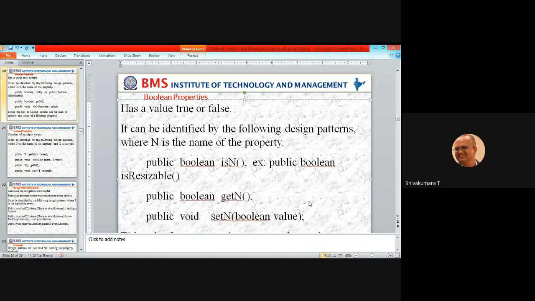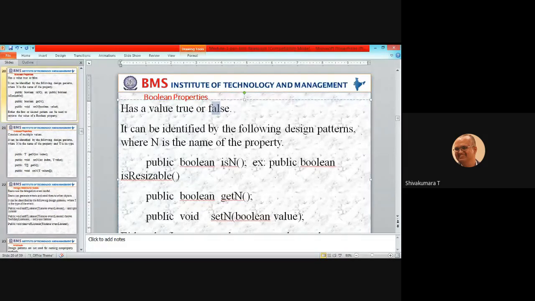getN. So if it is resizable, obviously you can fetch the width of the triangle. Similarly, you can set the new value of the width of the triangle using getX and setX methods. So a Boolean property holds a true or false value.